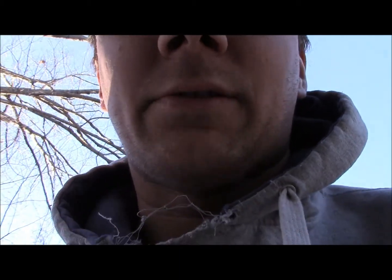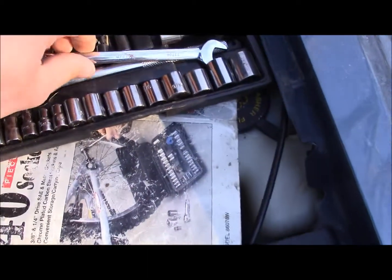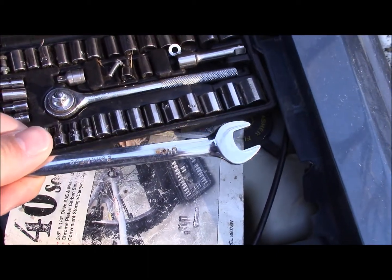So that said, I'm gonna go... Ooh, jeez, zoomed in enough? Ugly face. Yeah, I'm gonna figure out which one of these fits on there, then I'm gonna go find an open-ended wrench the same size. So, with the magic of video editing, I will be back in a moment. Well, I got my 7/16" wrench,